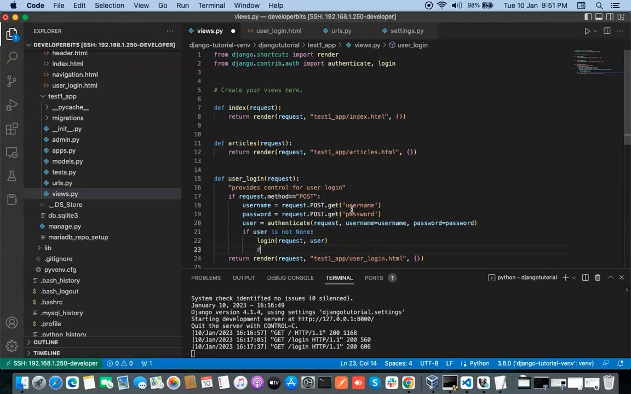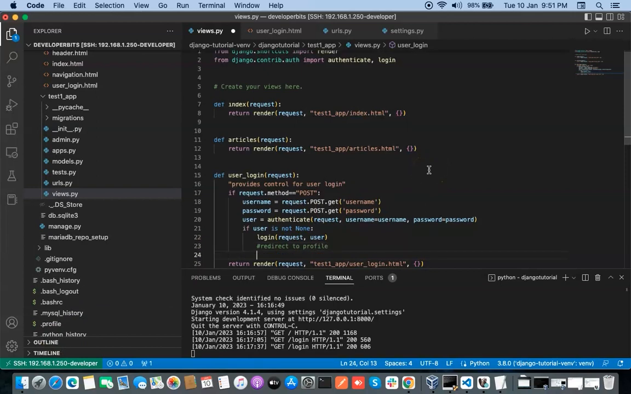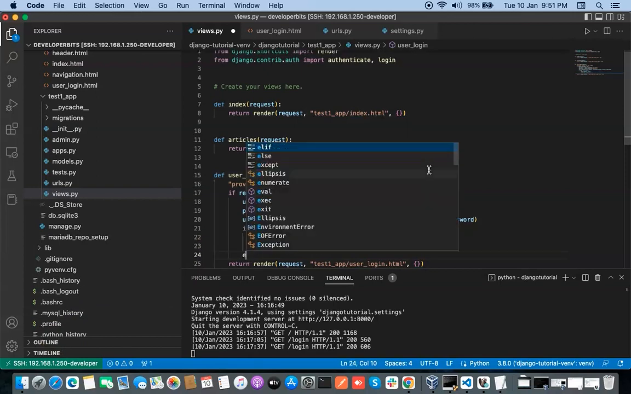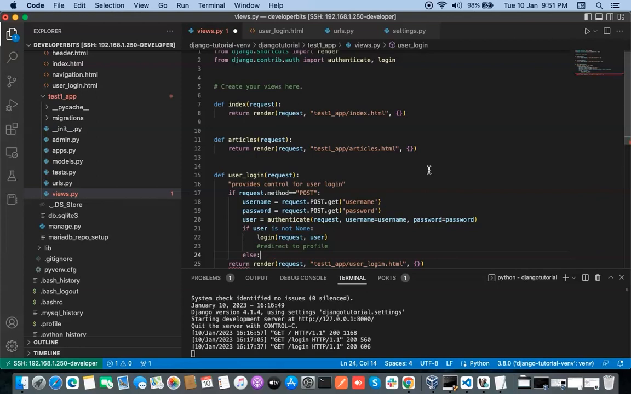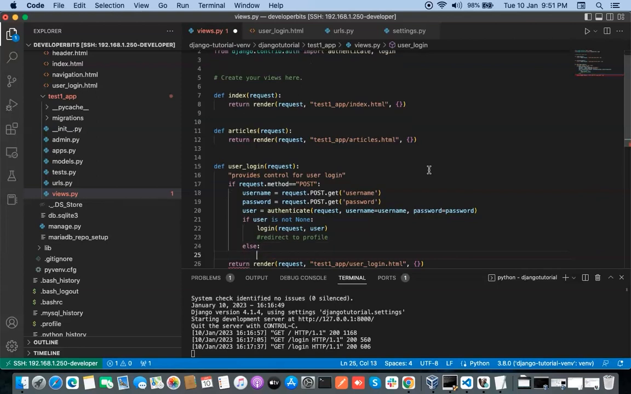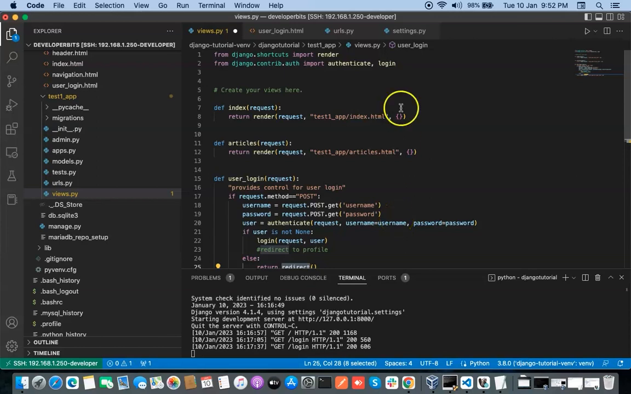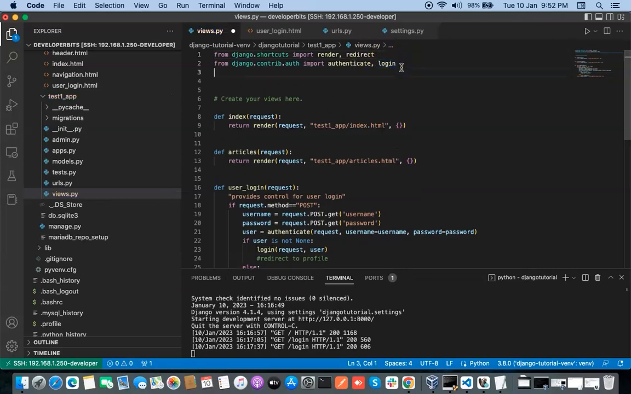And after that you need to redirect somewhere, redirect to profile. We haven't created any profile view, so we will create our profile view. And in case our user is not authenticated, what we will do is redirect to the login page again. Okay, so we need to import the function redirect, and also import another function,